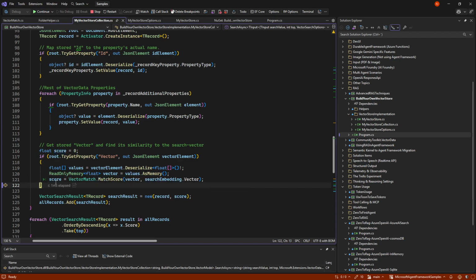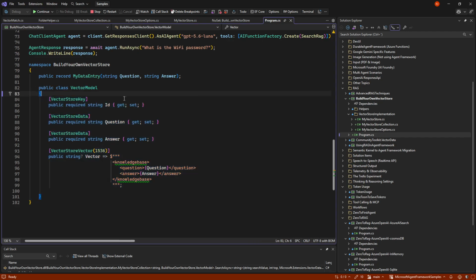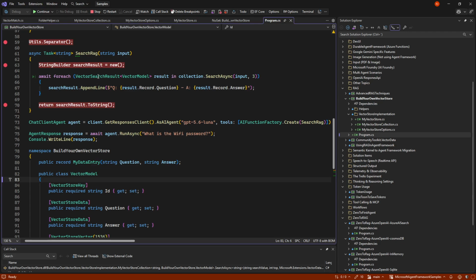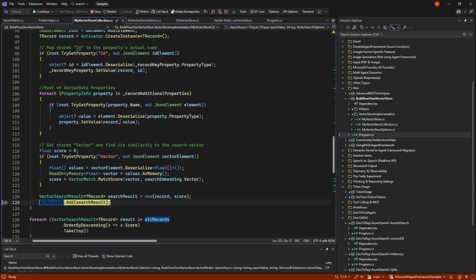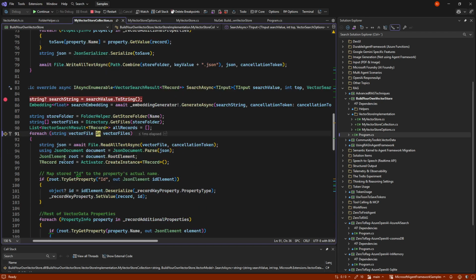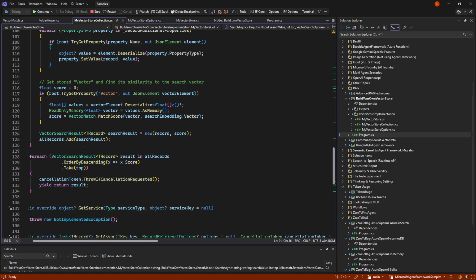So we take that score, put it out, and we put it into this vector search result, which is a common object of what we get back. Here, let me find it in the search, what we get back here. So we make one of those. So we essentially have that now this record, with the question, this answer, and this ID has this score. And then we do that for every single file, meaning all 10.